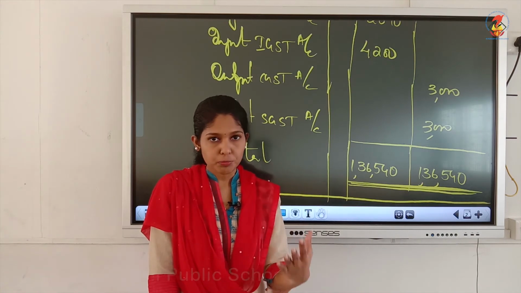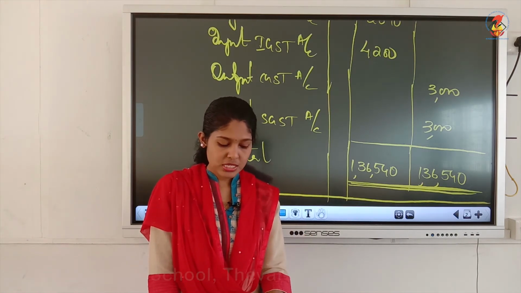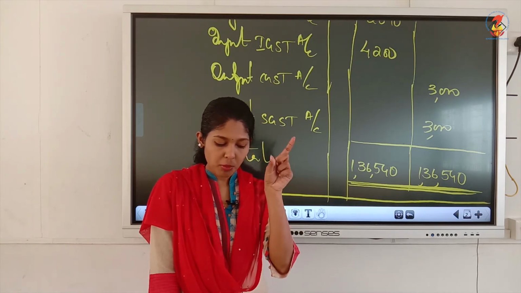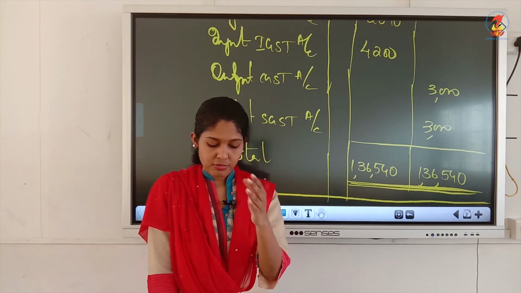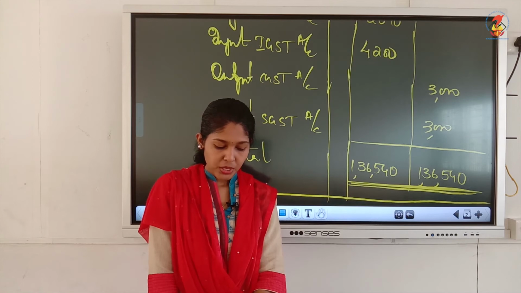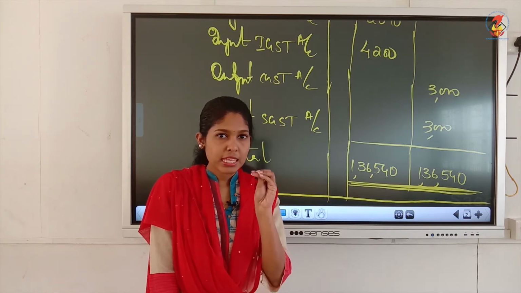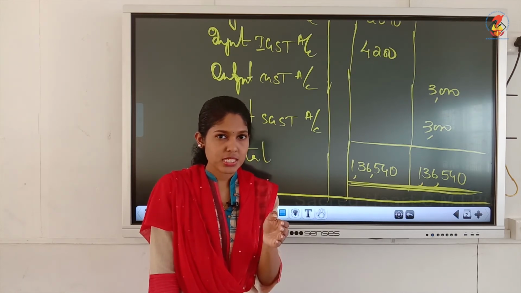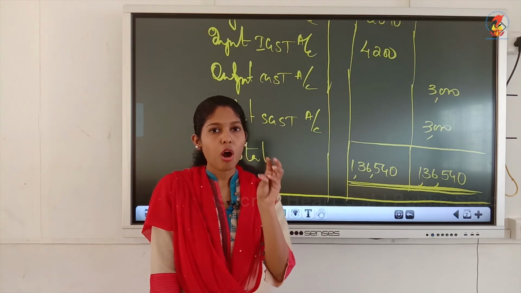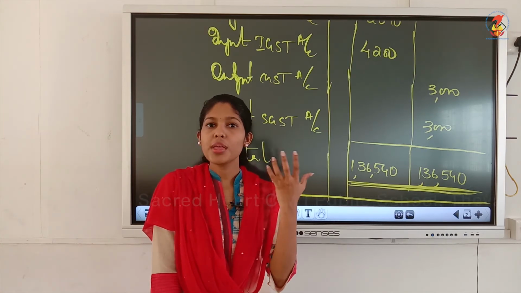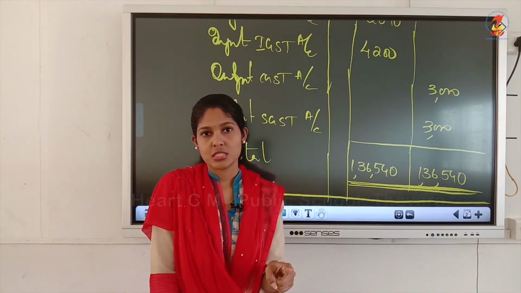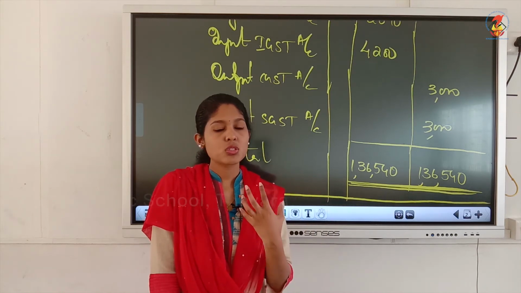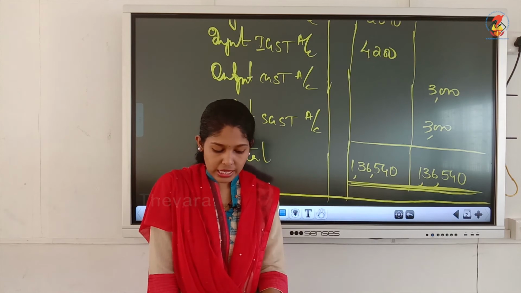So directly when you prepare the trial balance, what you have to do is see the first item given. It's the building account, and at the top the heading given is debit balance. On the credit side we have some items, credit balance is also given. Building 60,000. Is building having a debit balance? What you have to learn from this chapter is, you should be thorough with the nature of each and every item. Building, you know that it is an asset, a fixed asset which will be with the business for more than a period of 1 year. So it's a fixed asset, and assets will be having a debit balance. So that is correct actually.